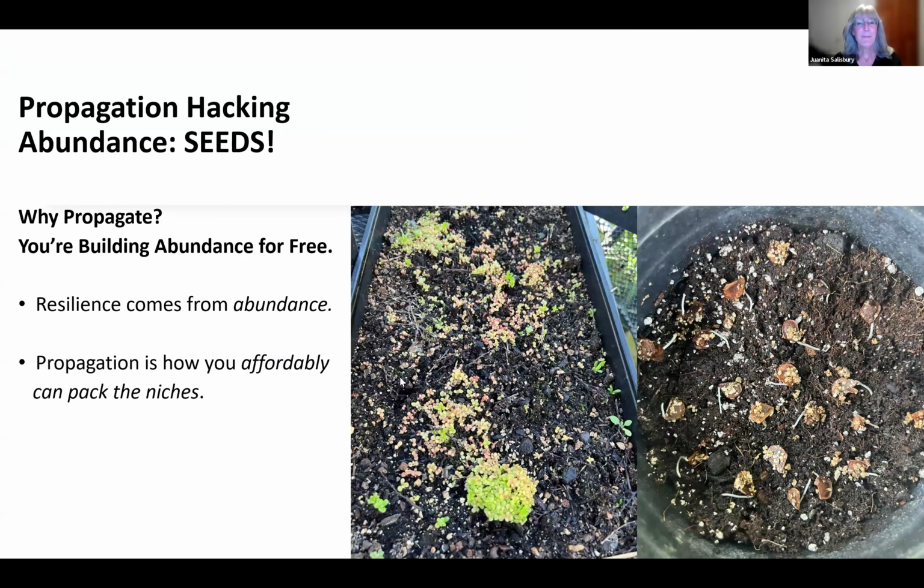But for real fun, and to really get that superabundance, seeds, and you're building abundance for free. And so resilience comes from abundance. And propagation is how you can affordably pack those niches. Once you have your backbone shrubs in, propagate everything, grow a bunch of stuff from seed, and then keep tucking